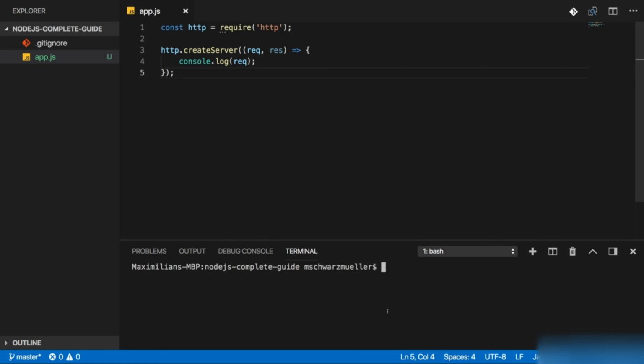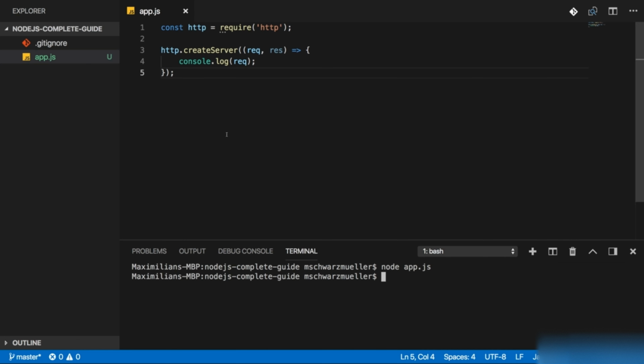Now, if we execute this file, we can do this in the built-in terminal, which is already navigated into this project folder. Make sure you go into that project folder if you're using the terminal outside of that IDE. So once you are in a terminal navigated in that folder, you can run node and then app.js. This will execute the app.js file, and let's see what it does. Nothing, right? We don't see console log,